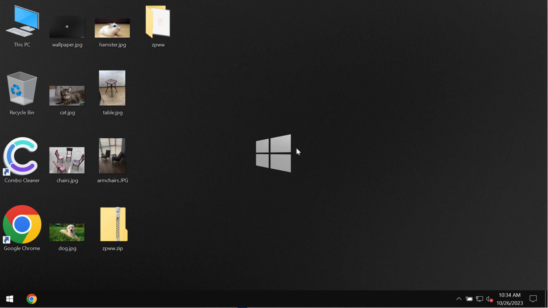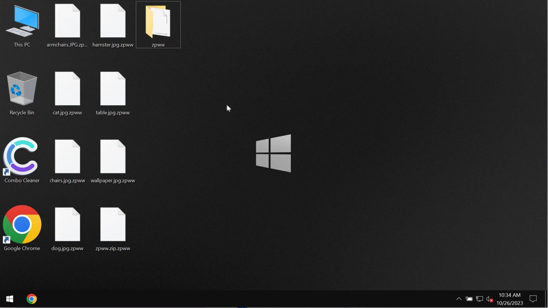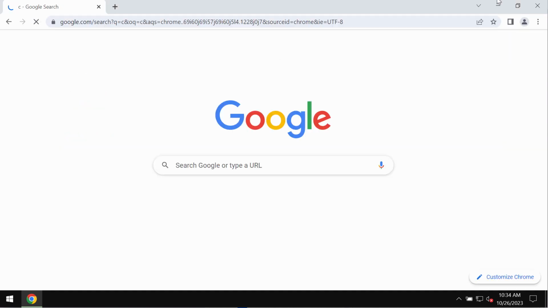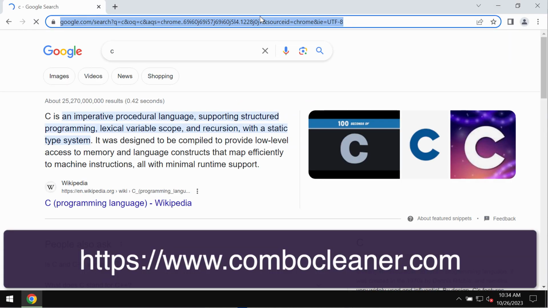The ransomware then tells the victims that they need to pay a special ransom for file restoration. However, paying the ransom is obviously not a good idea. This does not guarantee the file restoration. And if you pay the ransom, you may just waste the money. Don't pay it. I recommend you remove this ransomware urgently with the help of reliable antivirus, such as Combo Cleaner